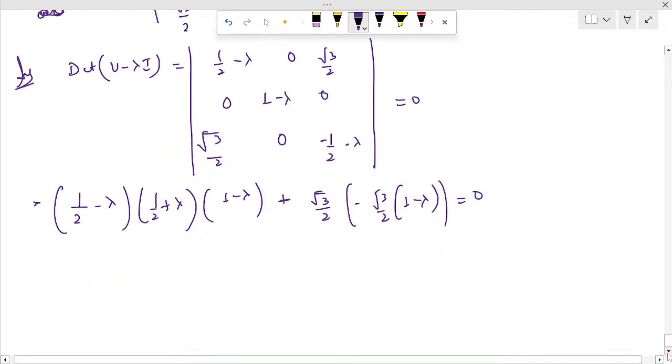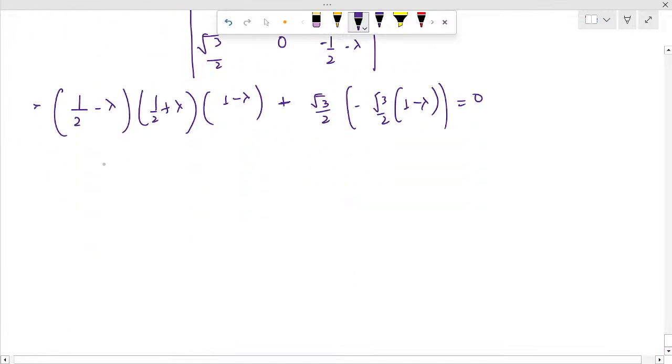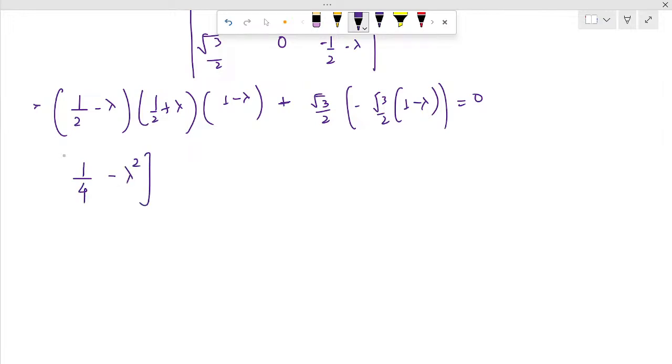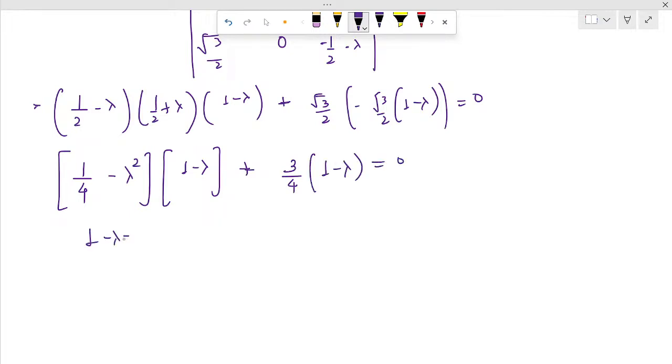This is one thing. And from here, if you take a negative and here take a negative common out, you are going to get 1 upon 4 minus lambda square, and then you have 1 minus lambda here, plus minus minus common, you have this 3 upon 4, 1 minus lambda equal to 0. So if I take a common, I'll get 1 minus lambda into 1 minus lambda square equal to 0. So according to the Cayley-Hamilton theorem,